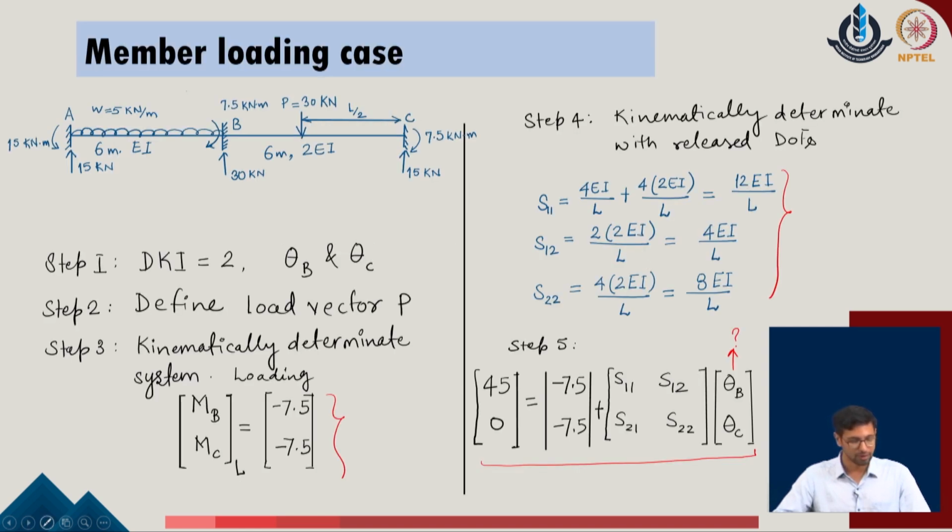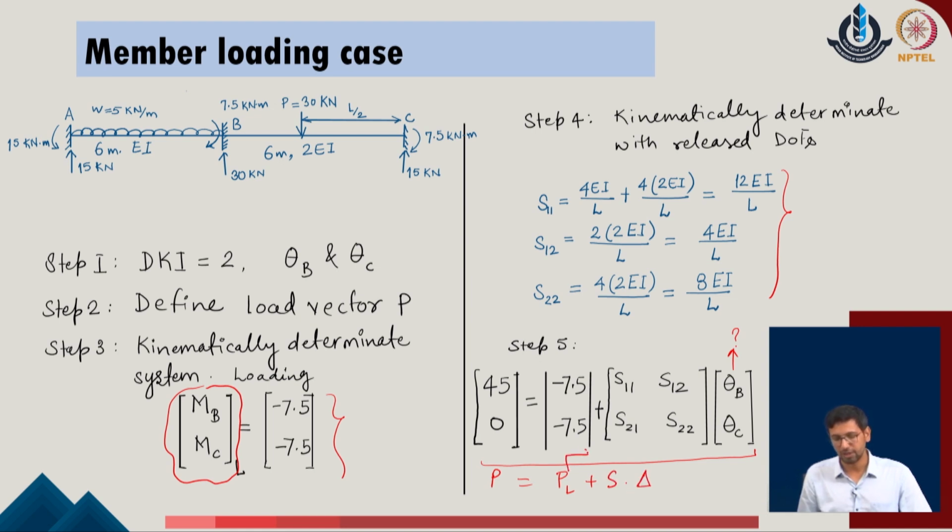Now, as we continue with the discussions from the last session, we came up with the idea that if the member loads are distributed in the given system, we can have the contributions of the member load in the second component, which is the member load contribution or the fixed end reactions of the given system. Corresponding to that, we can now describe the given set of equations in the same format, which identifies P is equal to P L plus S into delta for the given problem.